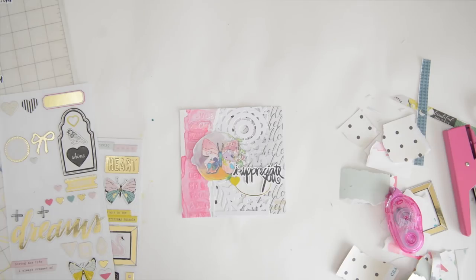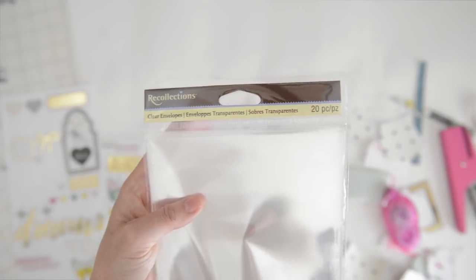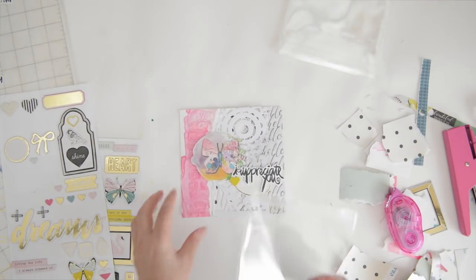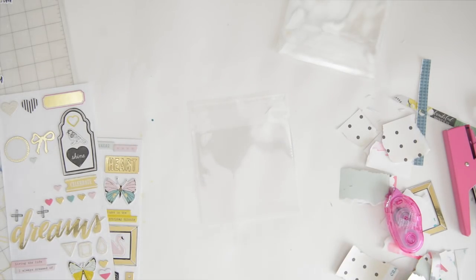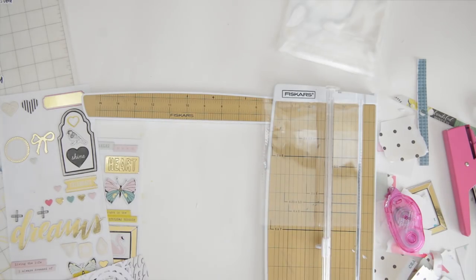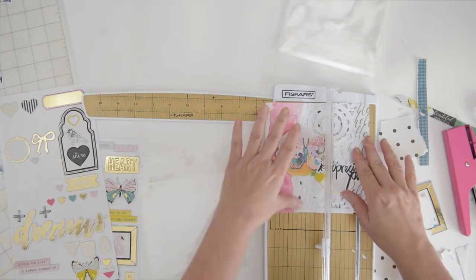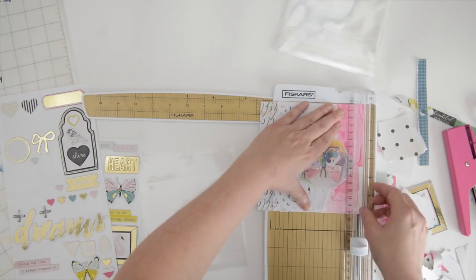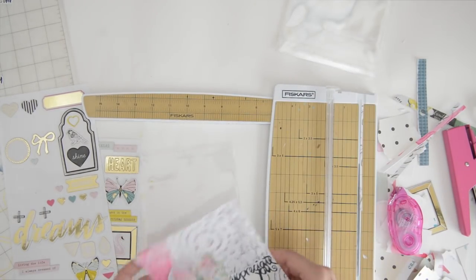So I went to Michael's to look for envelopes, and I couldn't find 6x6 envelopes, so I found these clear envelopes, a packet of 20. And when I measured it, as you can see there, I discovered it was a little bit too small. So I took out my Fiskars cutter, and I decided to measure the envelope on there. Then what I do is, with a permanent marker, I make a little mark so that when I trim the card, I know how much to take off. You can see I'm just putting it up against that little